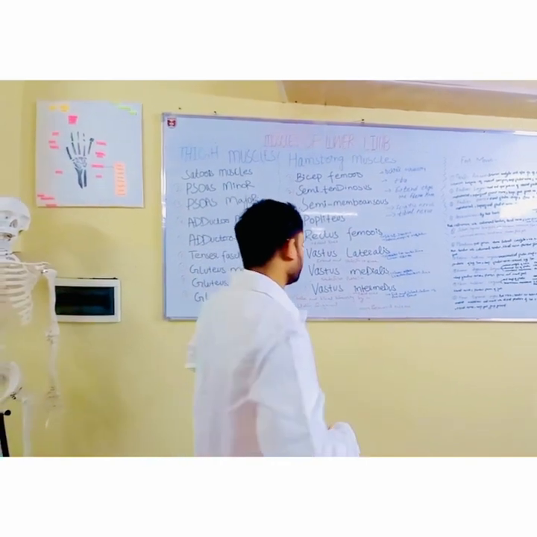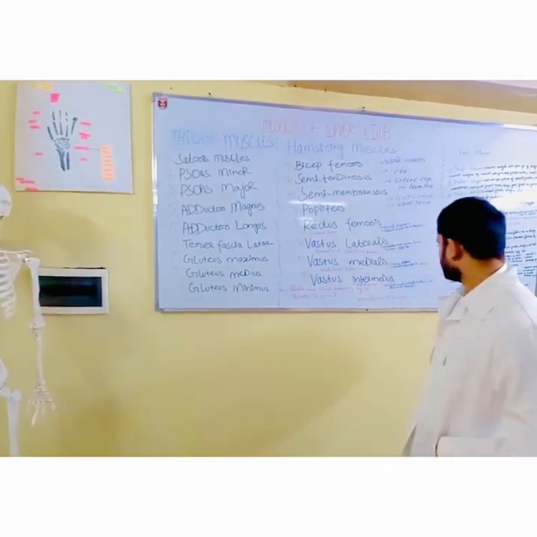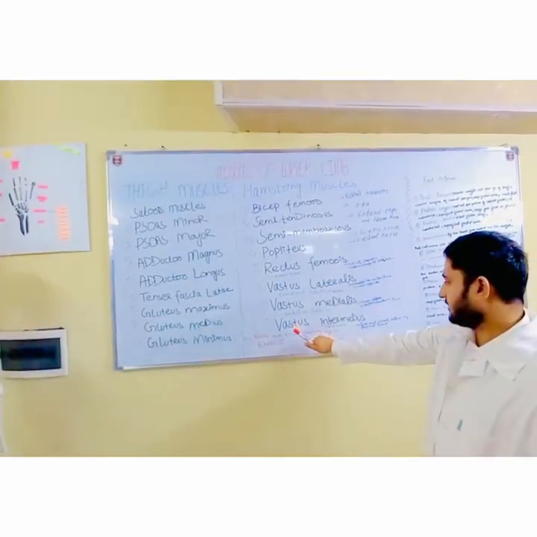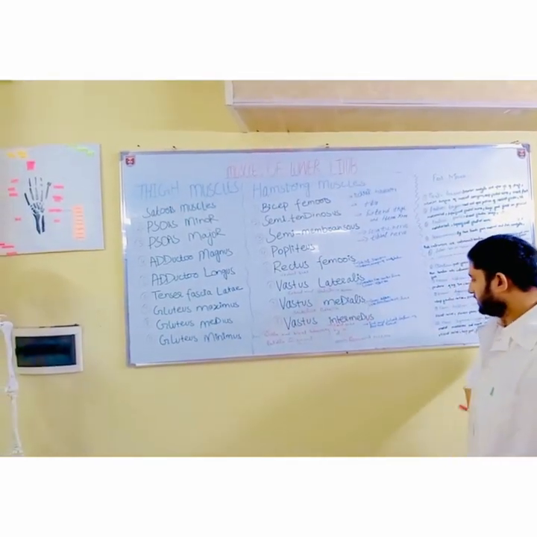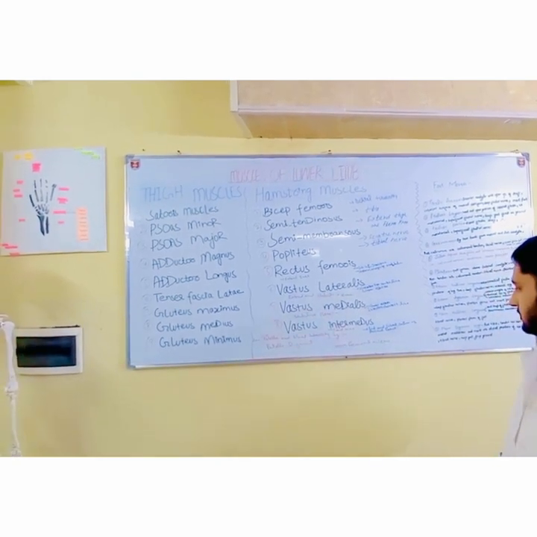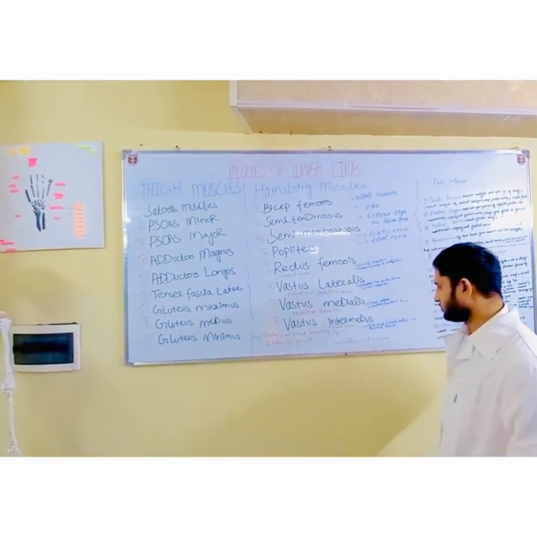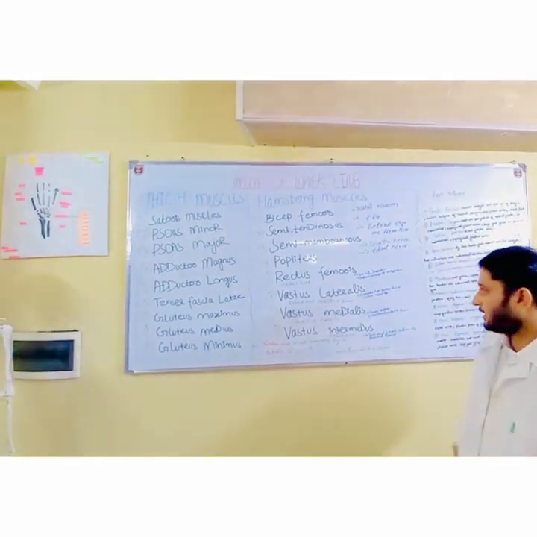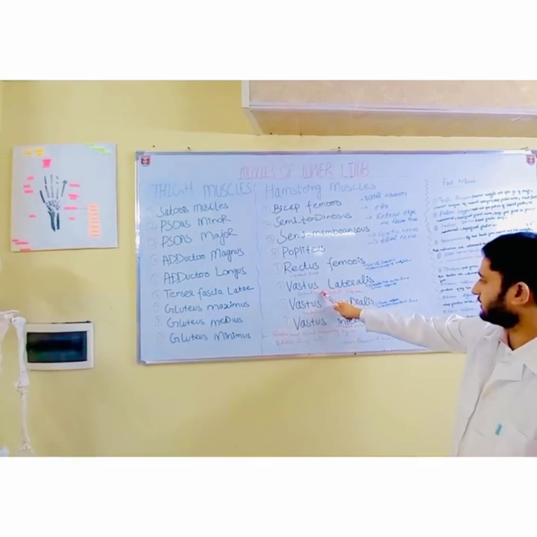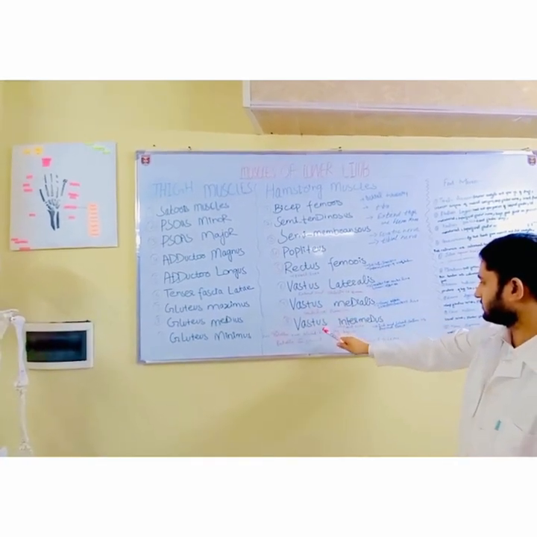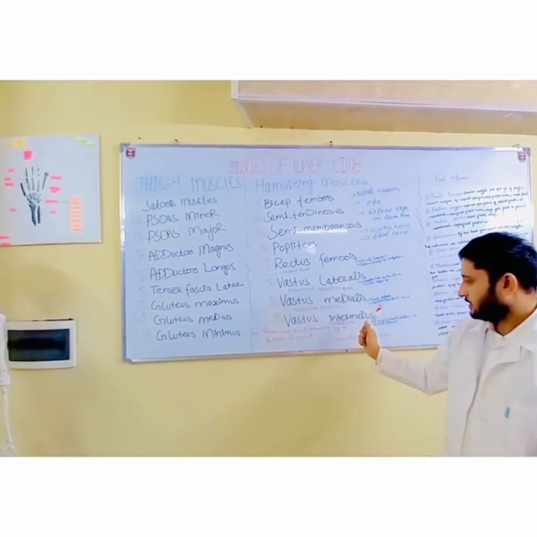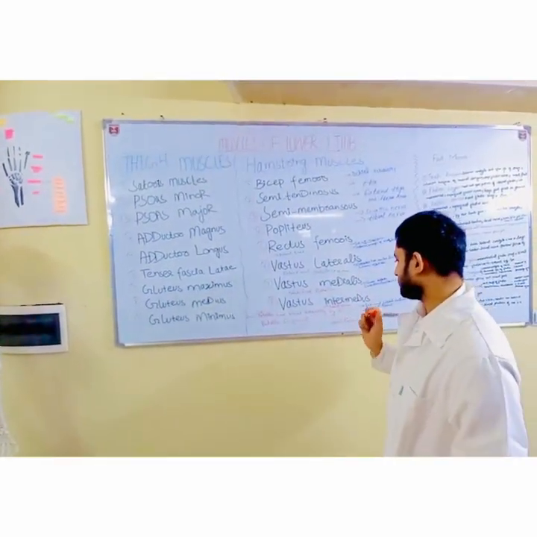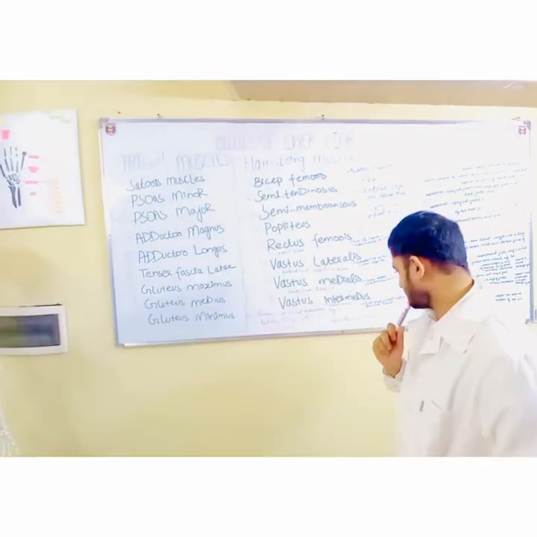And the next muscle is vastus intermedius. Its origin is the lateral surface of the proximal femur, and it is also innervated by the femoral nerve, and its function is to extend the knee. Rectus femoris, vastus lateralis, vastus medialis, and vastus intermedius all have the same insertion point, which is the patella and tibial tuberosity by the patellar ligament.